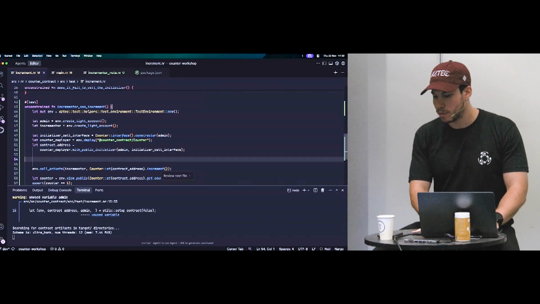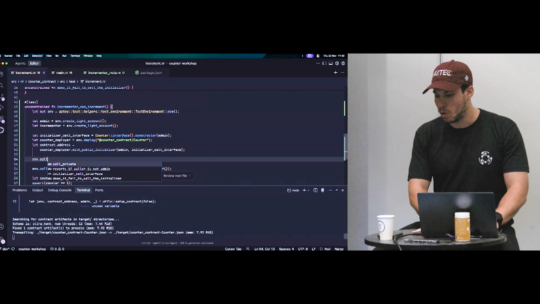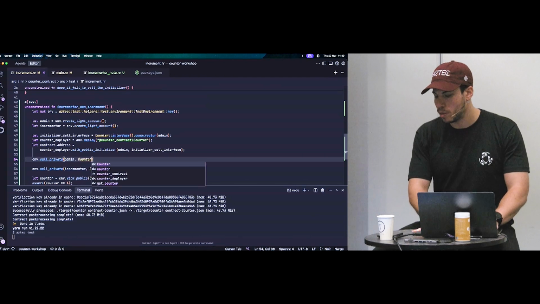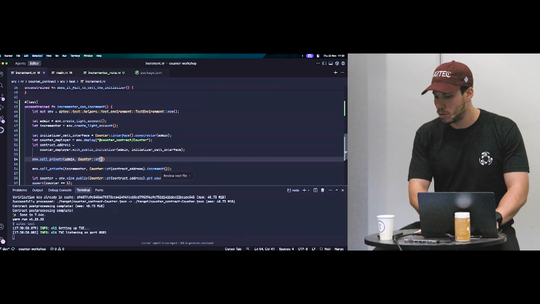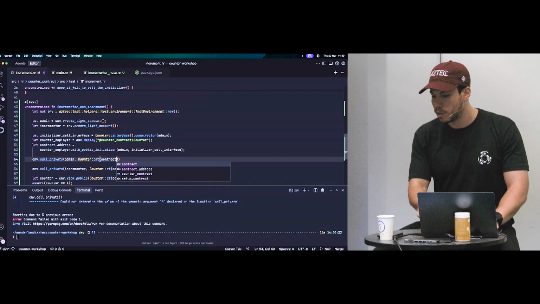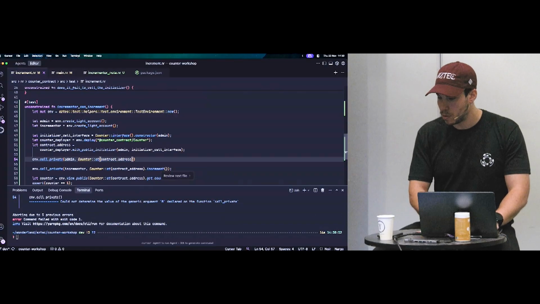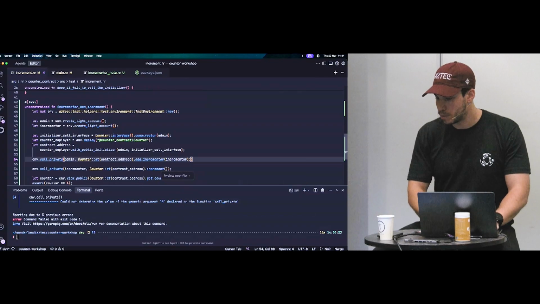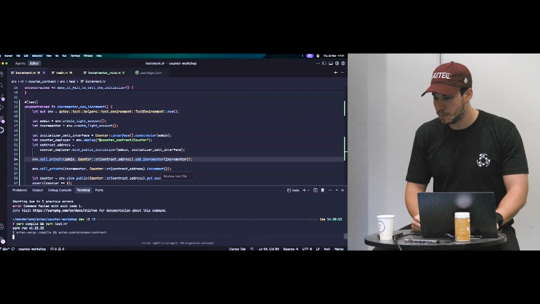While that is happening, we'll have the admin call the function to add an incrementer. It reverted, cool. And then add incrementer, and we add the incrementer. Cool. And now if we run it,